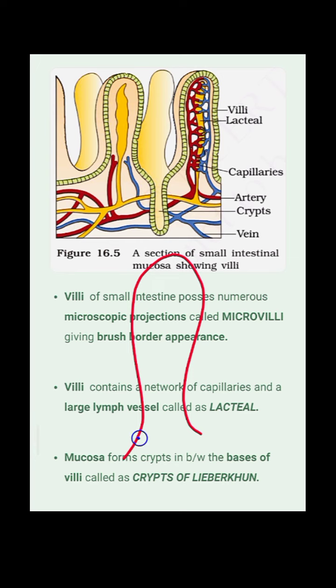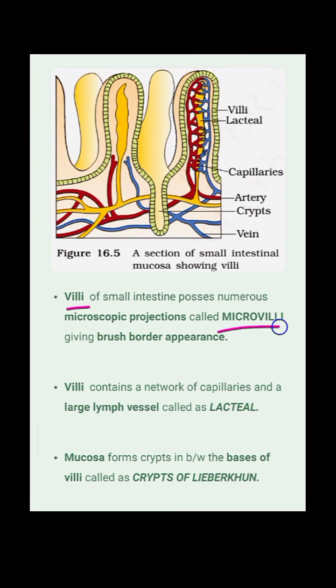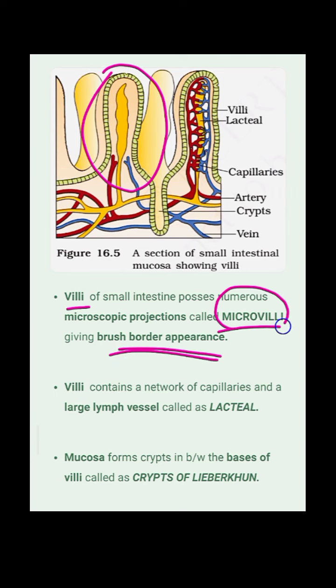Now, if this is a villus, over this villus we are going to have some very minute enfoldings like this. This one is the villus, and these minute enfoldings are called microvilli. Understand? Due to this microvilli, this whole villus is going to have a brush-bordered appearance. It is like this. Clear? Now you should be clear with the terms villi and microvilli. And this brush-bordered appearance of the villi is due to microvilli.